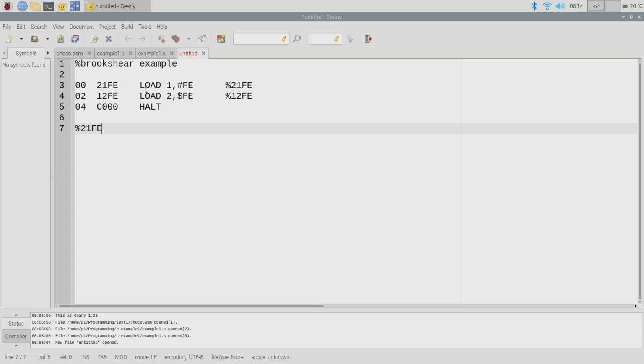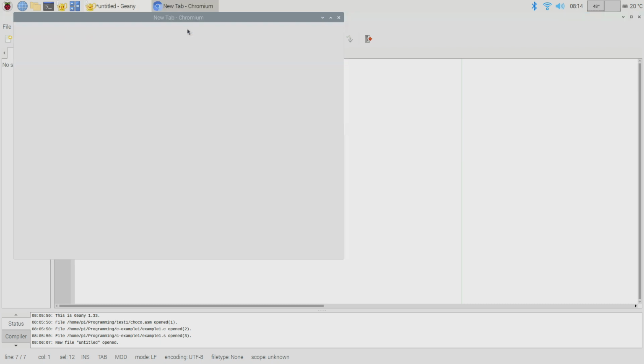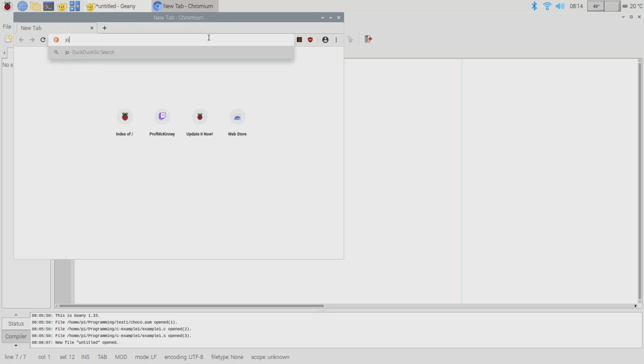It'd be 21FE, 12FE, C000, and then all I would do is take this, copy it, go to Joel's emulator, and once Chromium loads, okay.